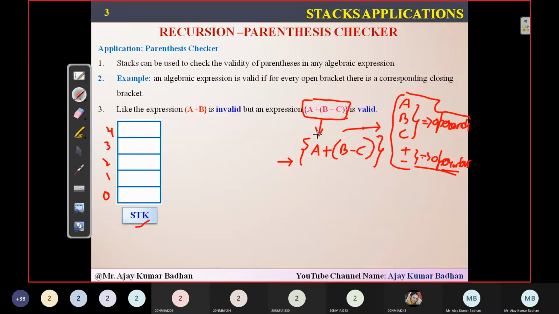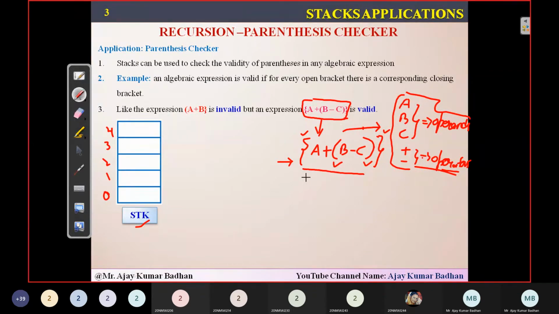Because my program is to find out whether the parentheses I'm using are perfectly valid or not. It means if you are using an open brace, whether a similar closing brace exists or not. That is my program. And if you're opening a normal bracket, whether that normal bracket has a normal closing bracket or not, that I'm trying to identify here. So the logic is simple. First, I will read this expression.